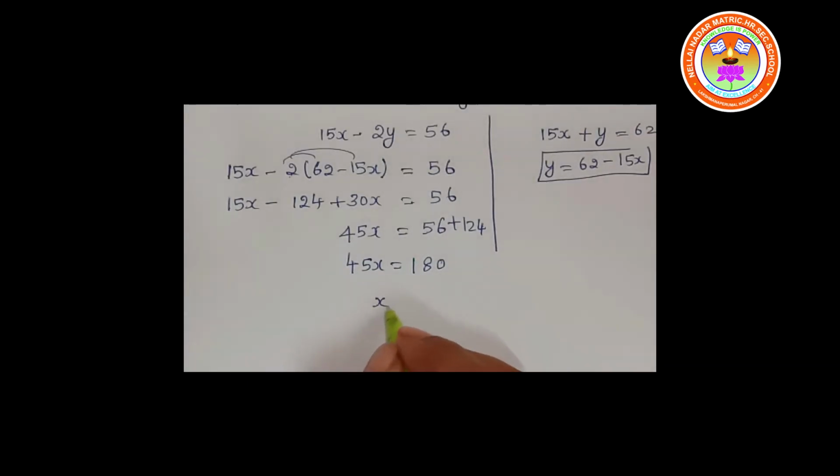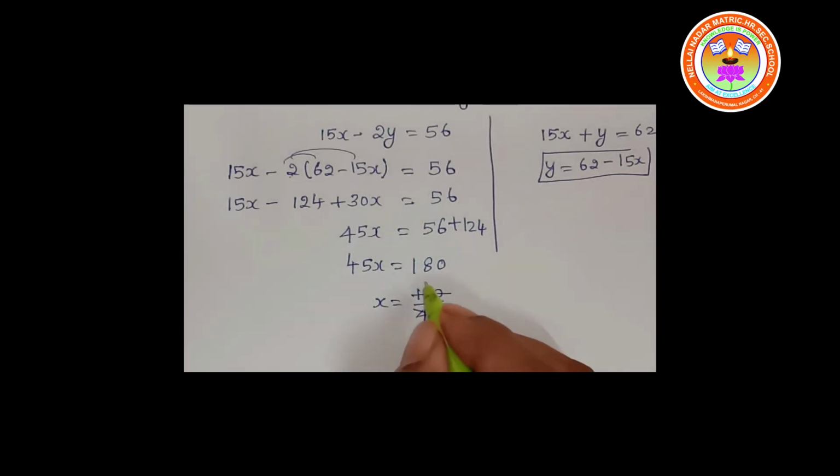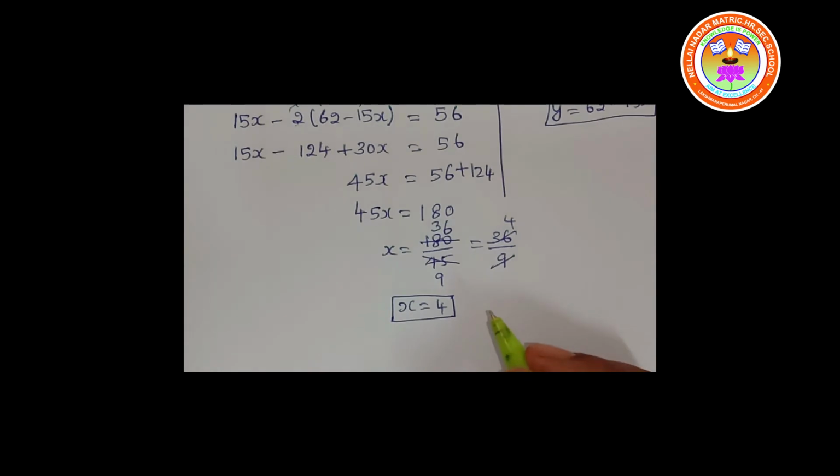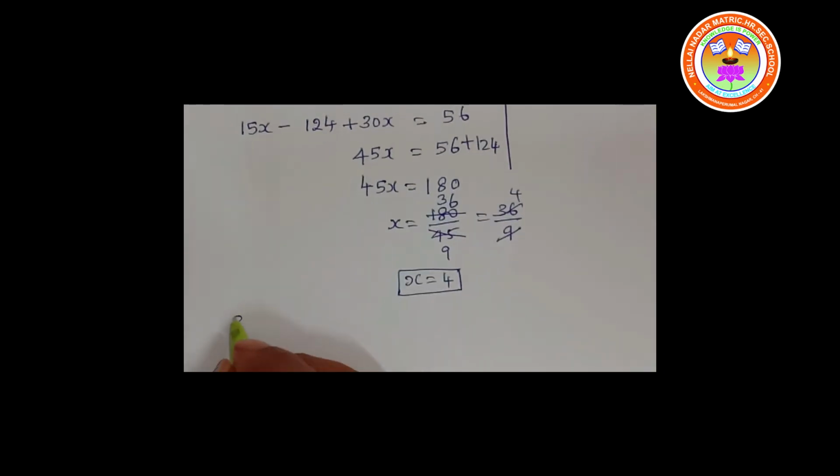x is equal to 180 divided by 45. 5 9s are 45. 5 3s are 15. Balance 3, 5 6s are 30. 9, that is 36 by 9. 9 4s are 36. So x is equal to 4. It's clear, children? Now substitute the value of